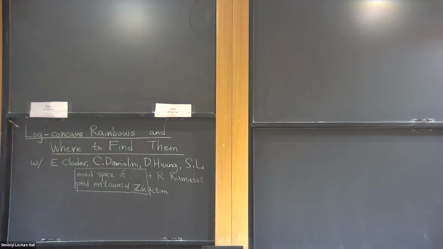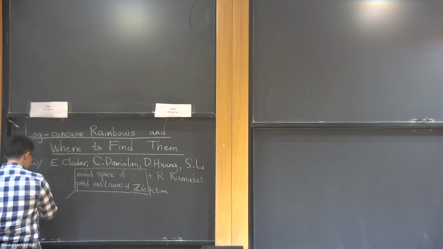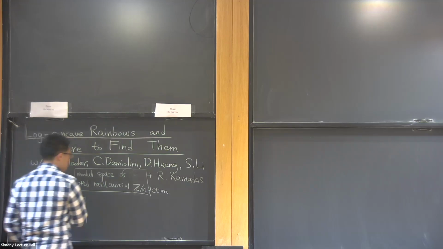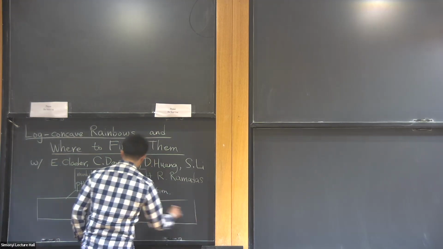And I'm sorry to say that in this talk, I will not talk almost anything about that. But the kind of statements that I'll tell you in a short bit is a nice interaction between